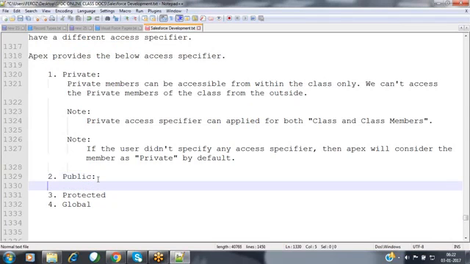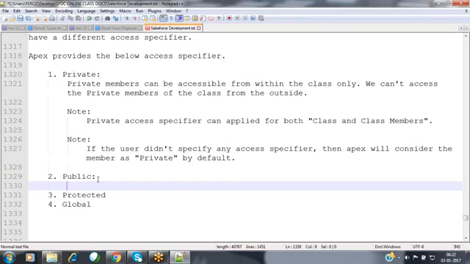The description of the functionality is available inside the name itself: public. Public means the class members can be accessible within the class as well as from the outside of the class also. For the class members that you have defined, if you want to assign some value or retrieve some value, we can access them within the class itself, or we can assign the value from the outside of the class also.